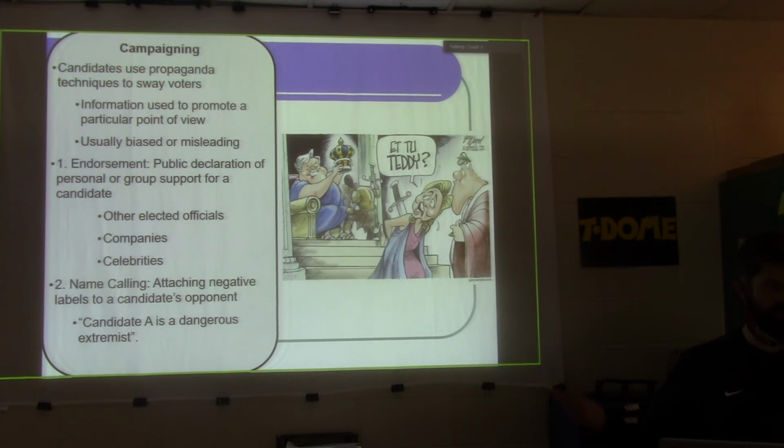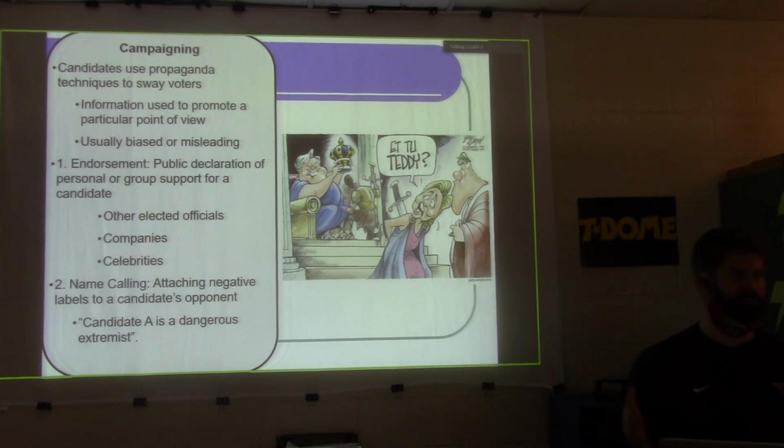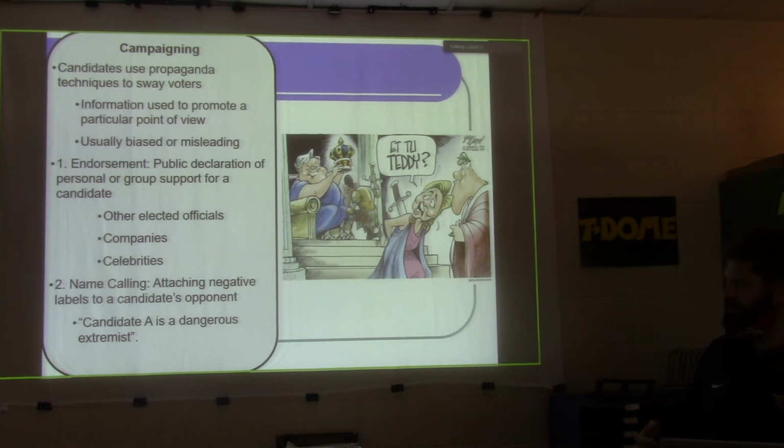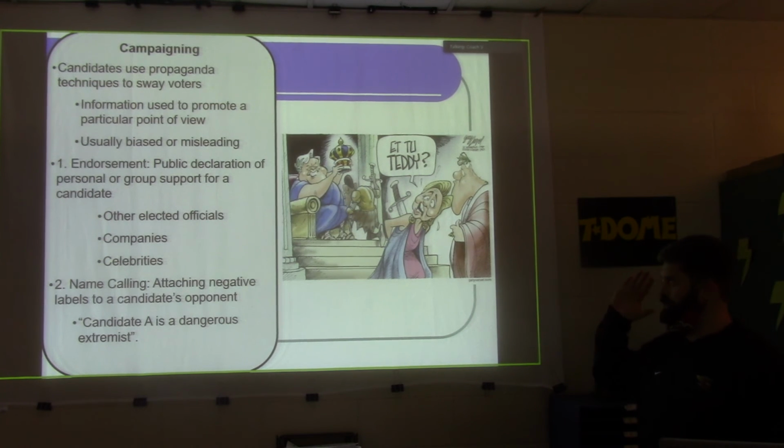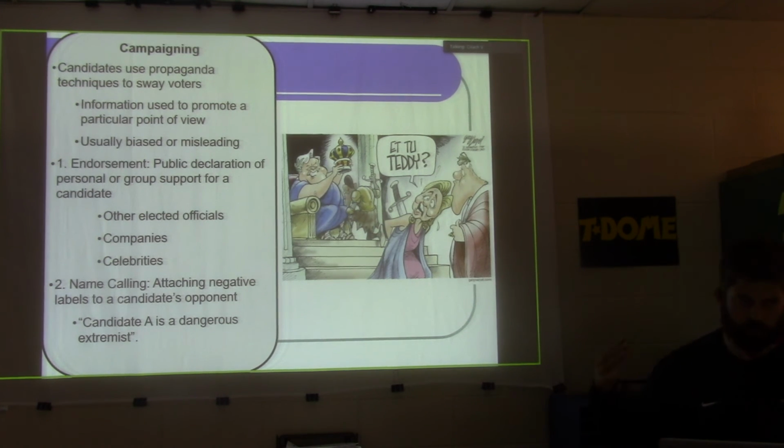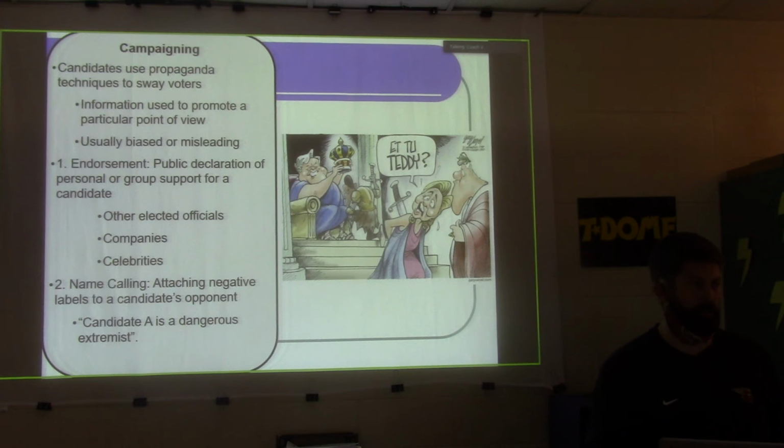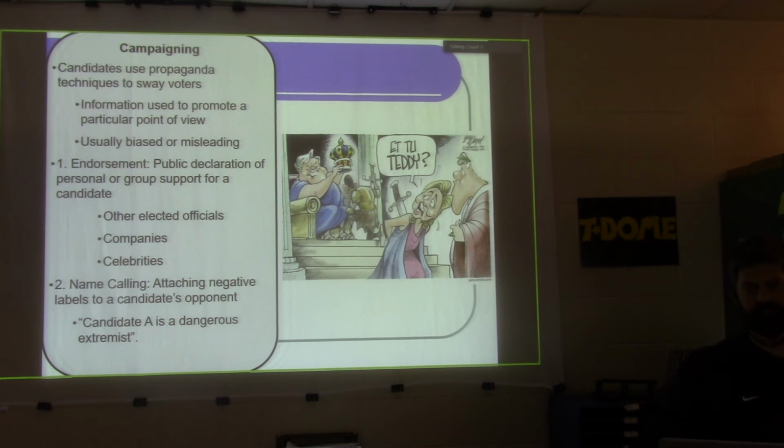All of those things are considered endorsements, right? David Dobrik is losing his endorsements. That's right. So, what is an endorsement in the political world? It is basically having somebody huge in your party say, I back that person. Or a celebrity saying, I back that person. Because that kind of goes a long way. You always want to get endorsed by the former president of that particular party. So, Joe Biden was going to get endorsed by who? Obama. Yes, Barack Obama. It just makes sense like that. That's how it works. So it's a public declaration of personal or group support for a candidate.